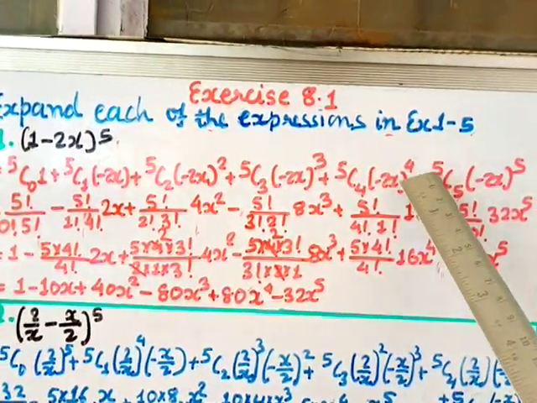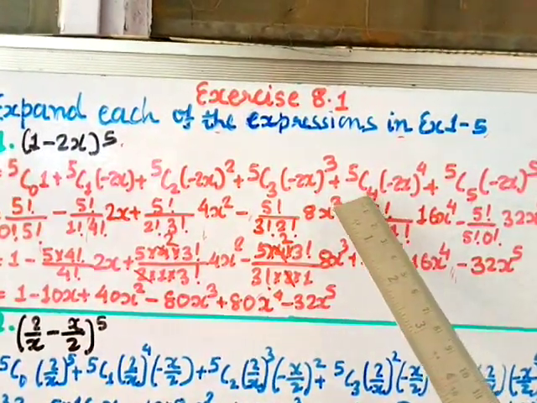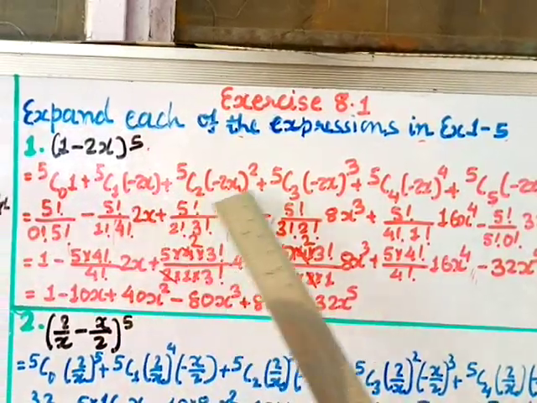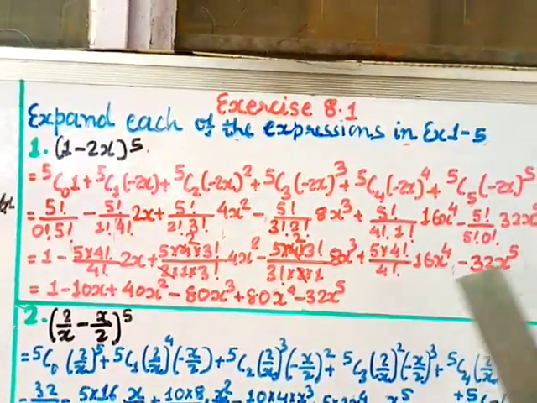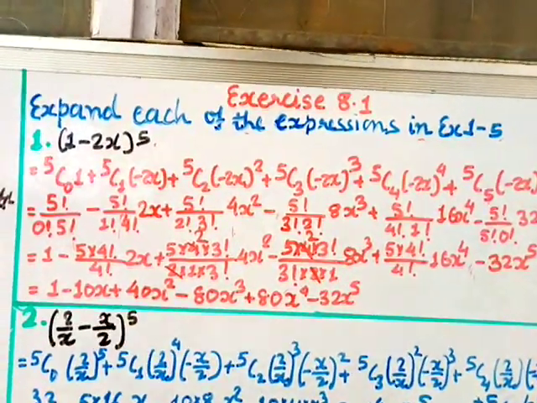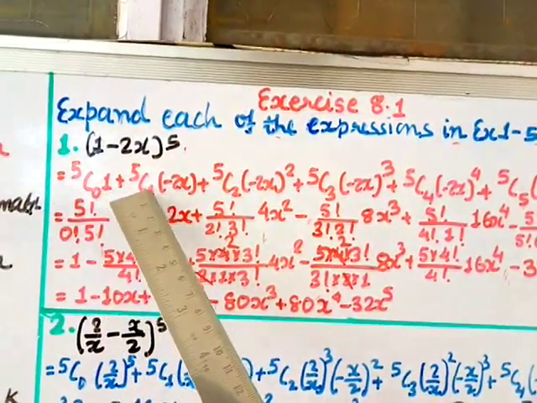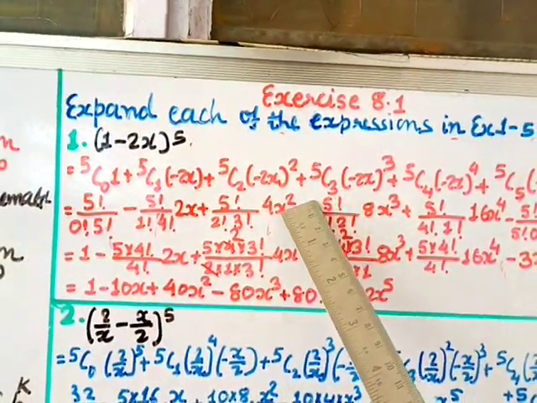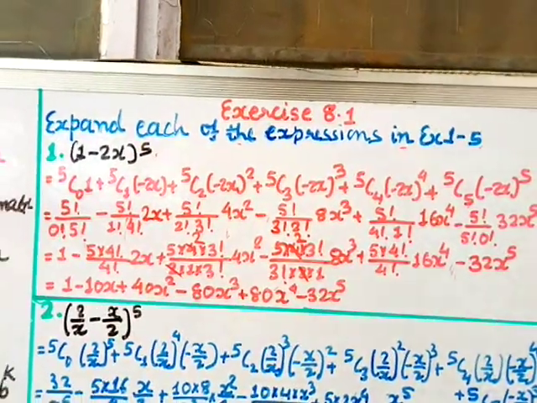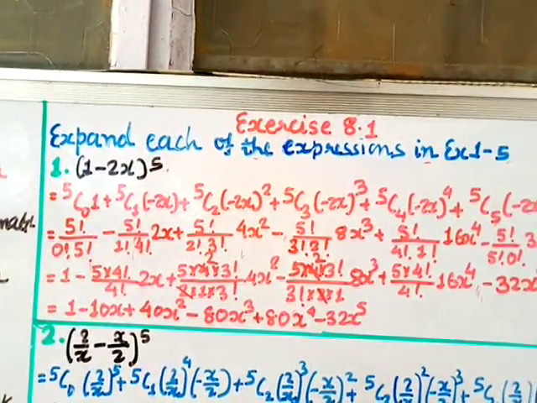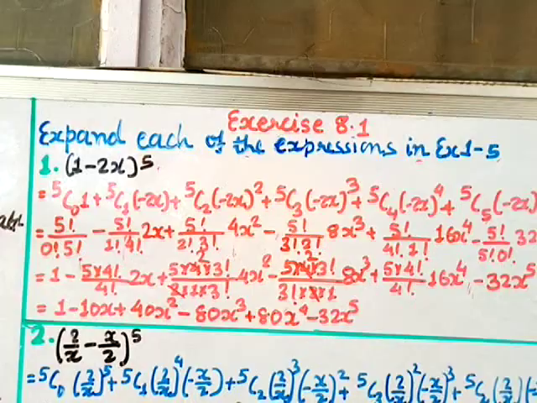Okay, up to this value you have to go. So this will increase by 1, 0, 1, 2, 3, 4 up to 5. Okay, so that is the expansion. Now we have to use the formula nCr and write all these coefficients. These are called binomial coefficients. So we shall write that using the formula nCr. Formula is n factorial divided by r factorial into n minus r factorial.